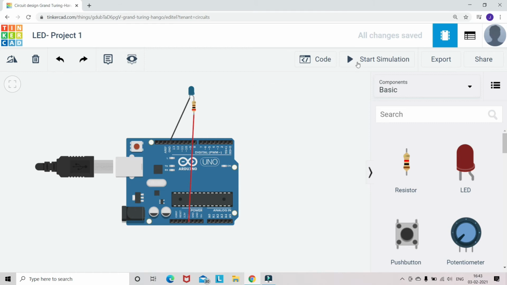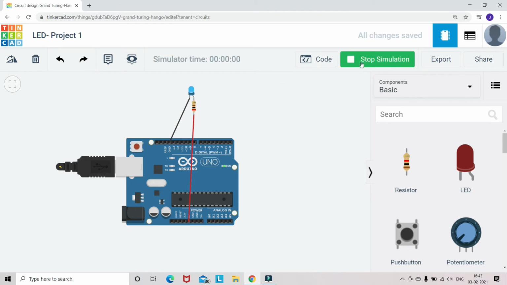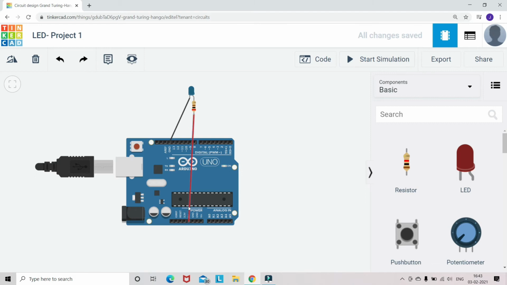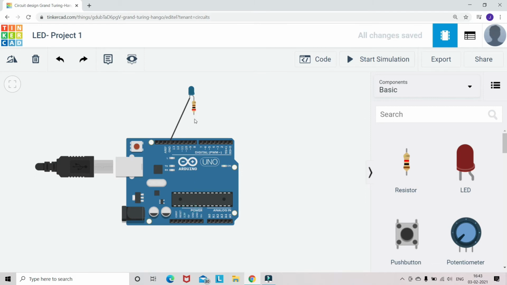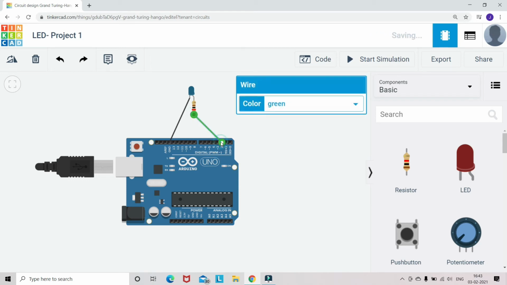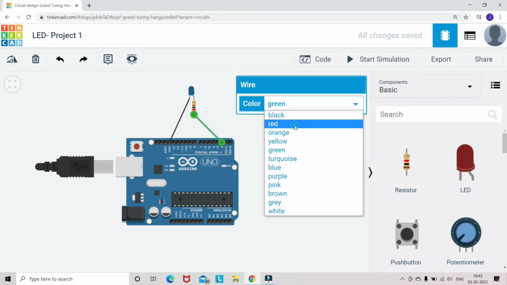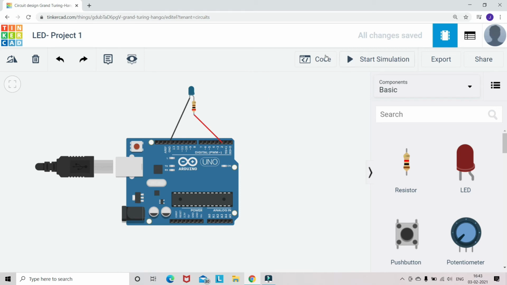And before doing the coding, let me connect this LED to any digital pin. So as we discussed already, we have around 14 digital pins. I can choose anything. So right now I'm just choosing digital pin 2. So I'll be connecting the other end of this resistor to digital pin 2 instead of directly connecting to 5 volt. Perfect.